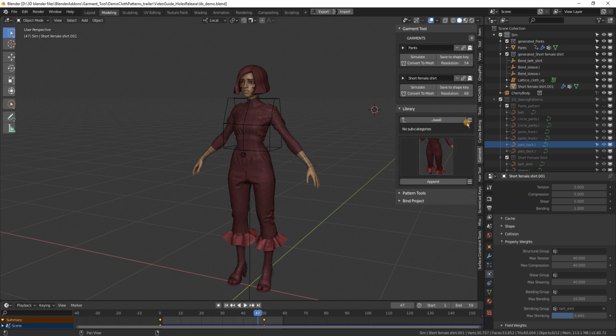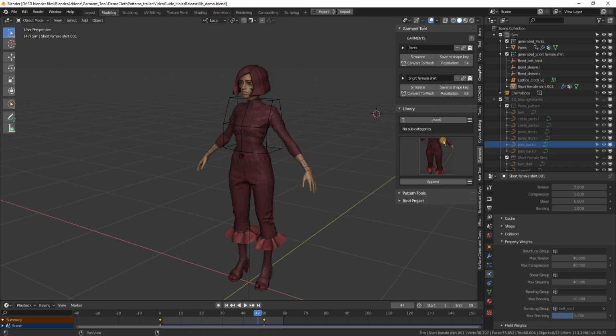So yeah, you can also rename, create, delete the presets like in folders. It is located in this bottom menu. So if you want, you can rename this from pants to pants slim or something like that, and you see it is renamed. You can delete or open the blend file with the stored preset if you want. So yeah, I think that covers how you manage the libraries of your garments.